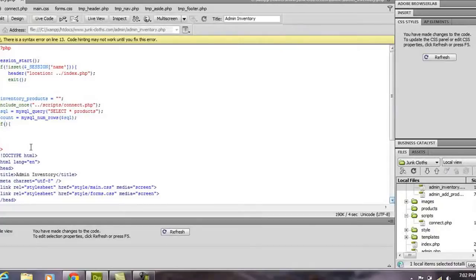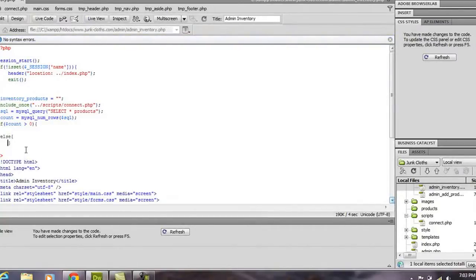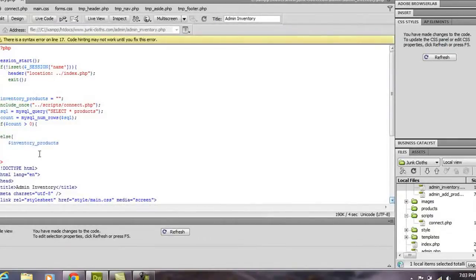So if our count is bigger than 0, this means we have products, and we're going to do something. But let's finish out the else statement because it's a little easier. So else, and it means we have no products in our database. We're going to echo this variable, and we're going to say something like, oops,